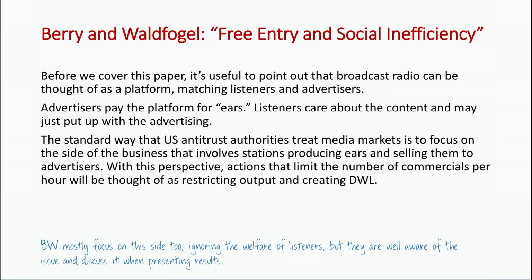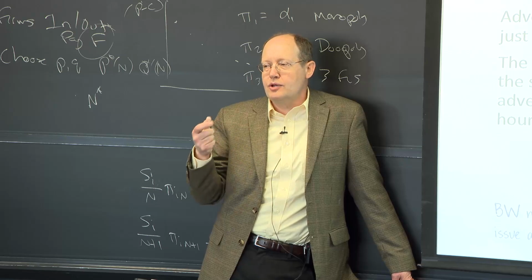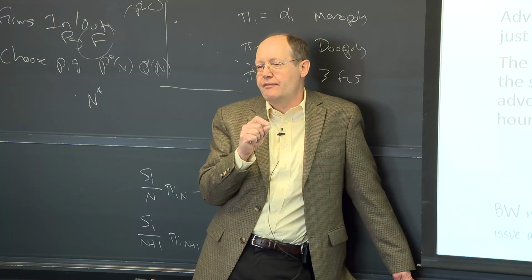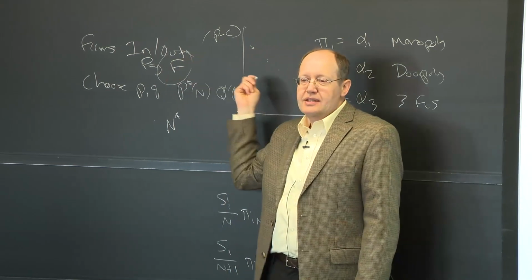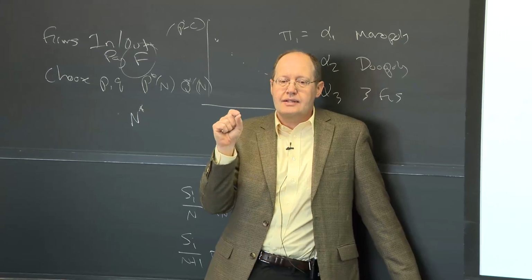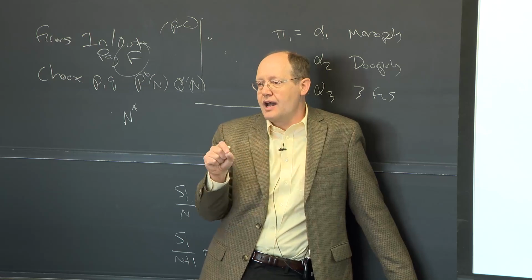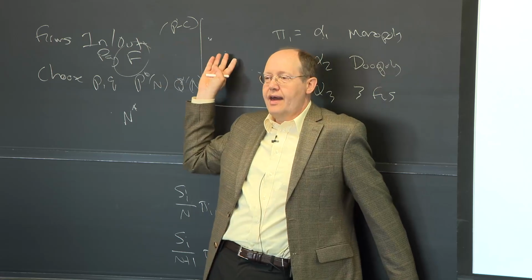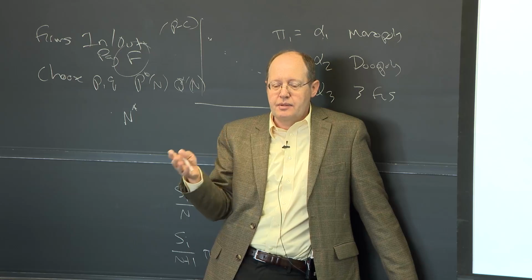So what they think of as a radio station is they have this technology where they buy rights to music, they play that music, which produces ears of people, and then they sell those ears of people to advertisers who want to advertise to them. So when we're thinking about price in this market, we should be thinking about the price to advertisers. Think of the price as the price of a listener, and think of the firms as having a technology for producing listeners. This technology involves radio music quality or content quality, and that produces people that they then sell to the advertisers. So the advertisers are the consumers, and the people are sort of ignored.